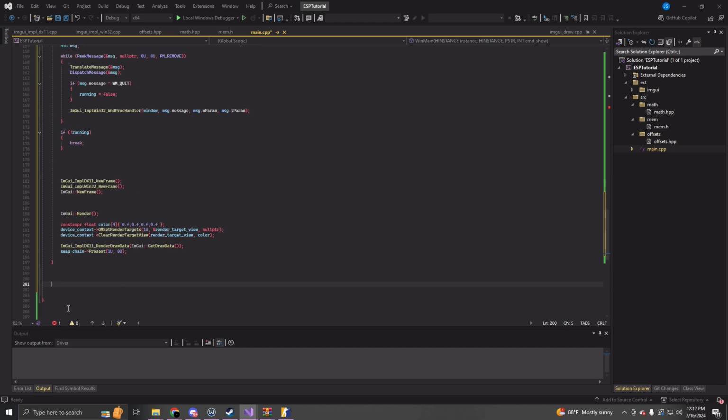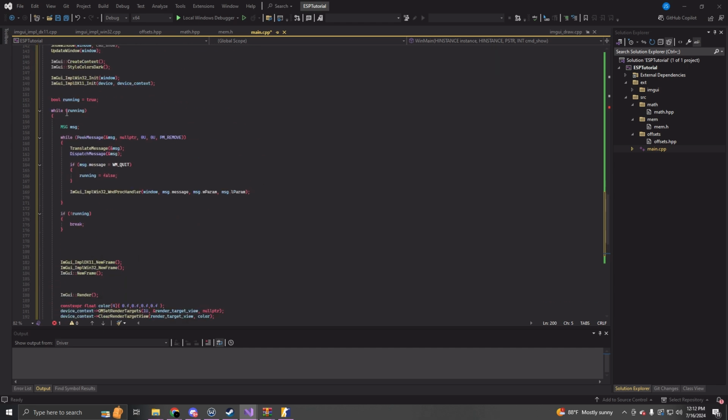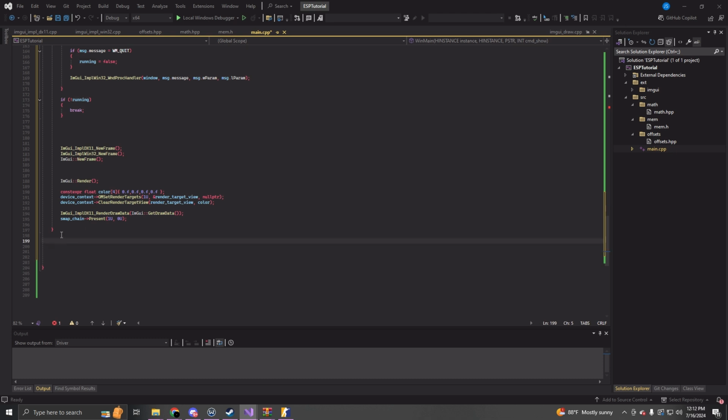Then we're gonna do our cleanup stuff because this is gonna be running, and if running is equal to false, then we're gonna exit this and it's gonna do the shutdown stuff. So ImGui